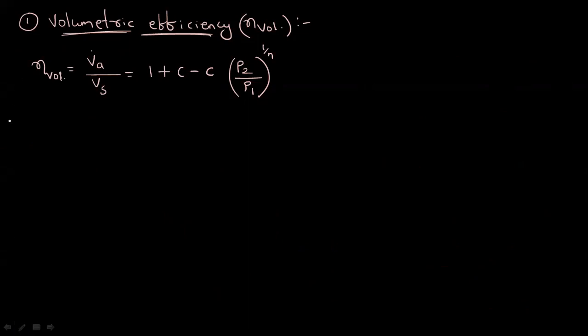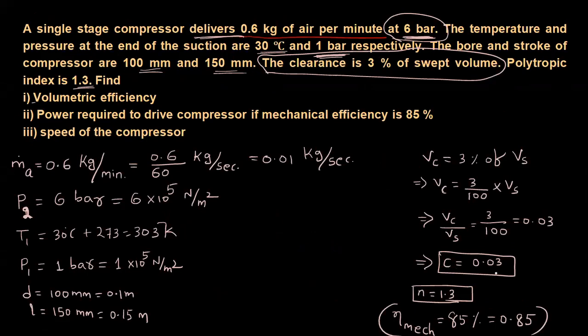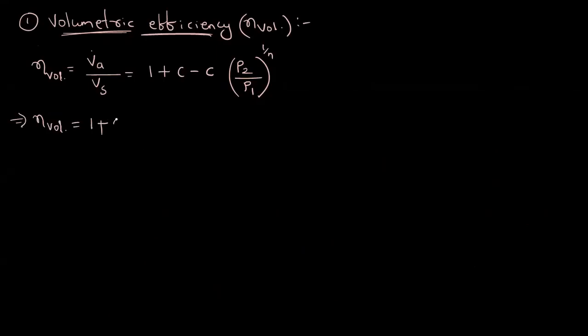So in this formula, volumetric efficiency equals 1 plus, what is C? C value was 0.03. So in place of C, we will write 0.03 minus, again C, 0.03. You don't cancel this plus C and minus C. These two are different. This is plus C, this is minus C into this much. You cannot cancel these things. Some legends are there who will cancel these two things. Do not cancel it, because this is only C. This is C into P2 by P1 whole to the power 1 by N. So you cannot cancel these two C.